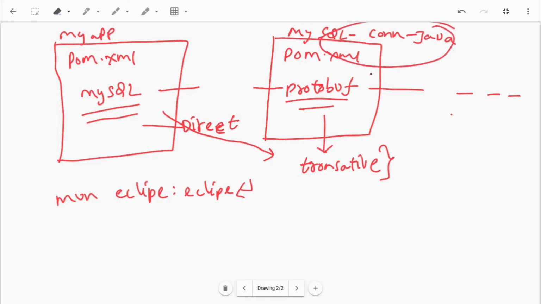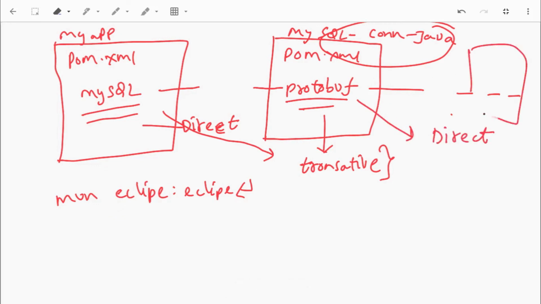So, for this independent project, if we fire mvn eclipse, protobuf will be the direct dependency, and if the protobuf project's POM contains some dependency, those dependencies would be transitive. I think now we are clear with the types of dependencies and why Maven downloaded this protobuf jar.